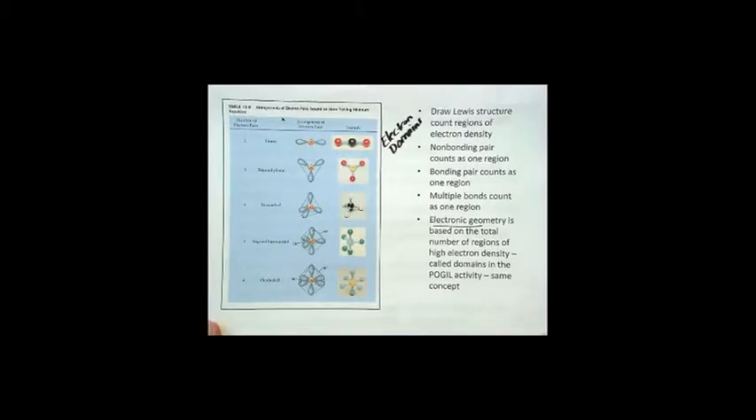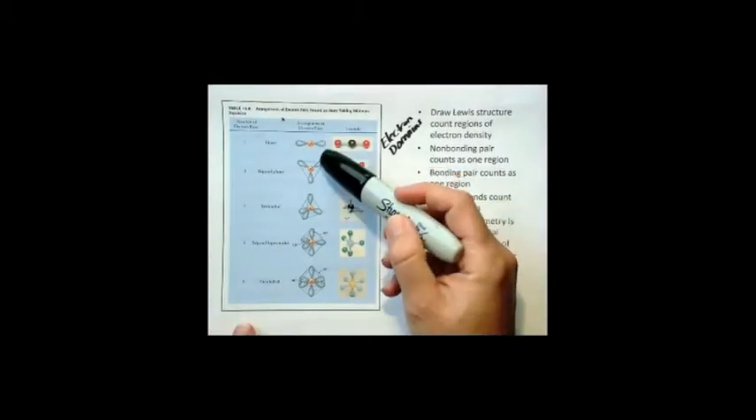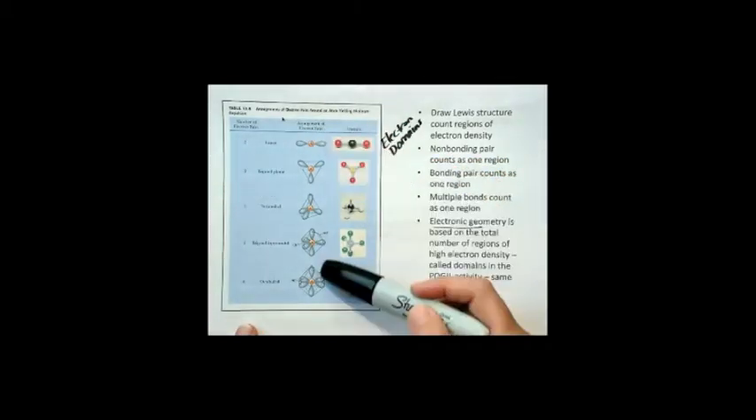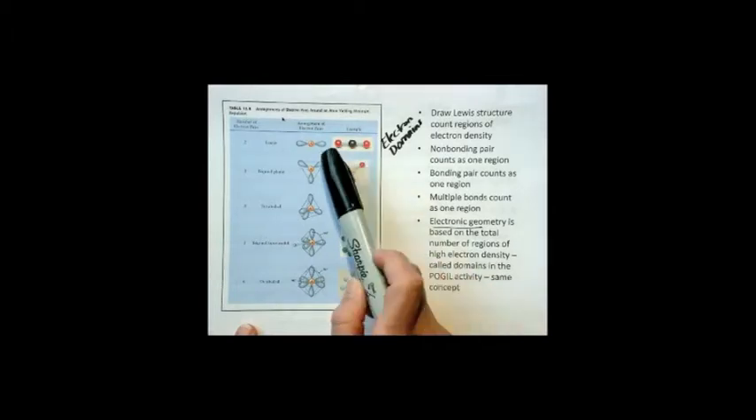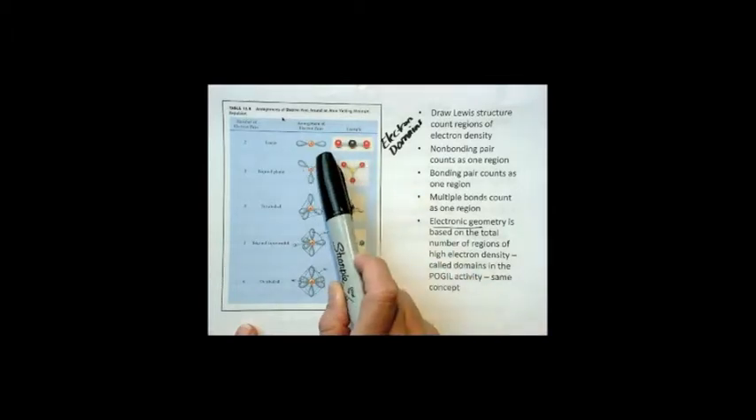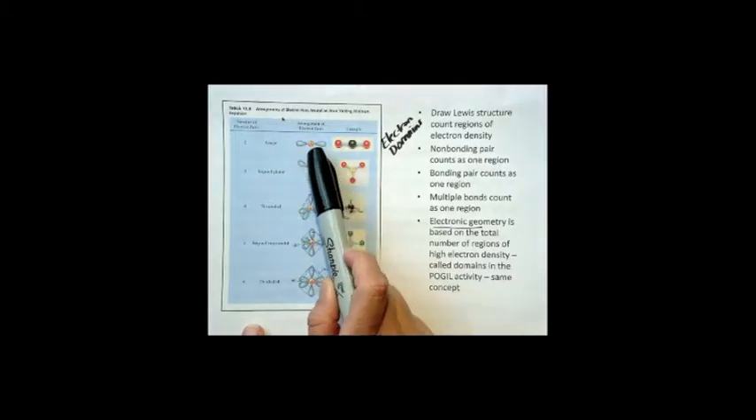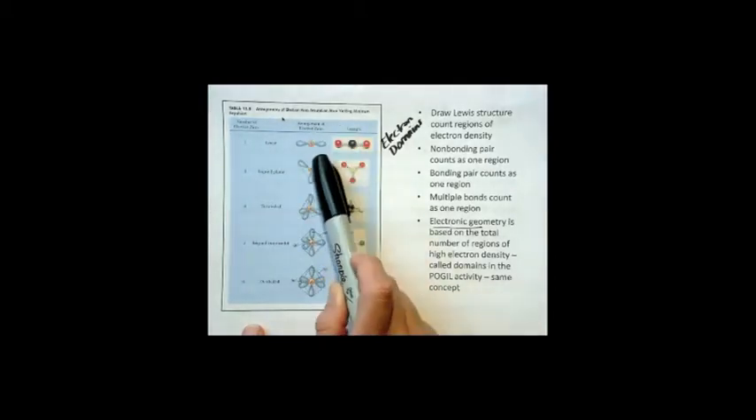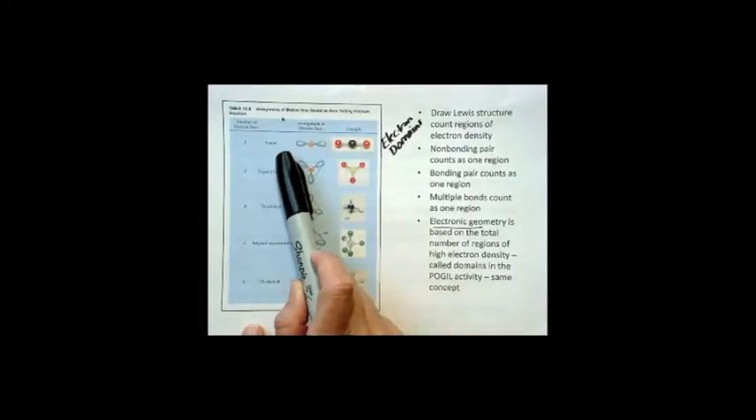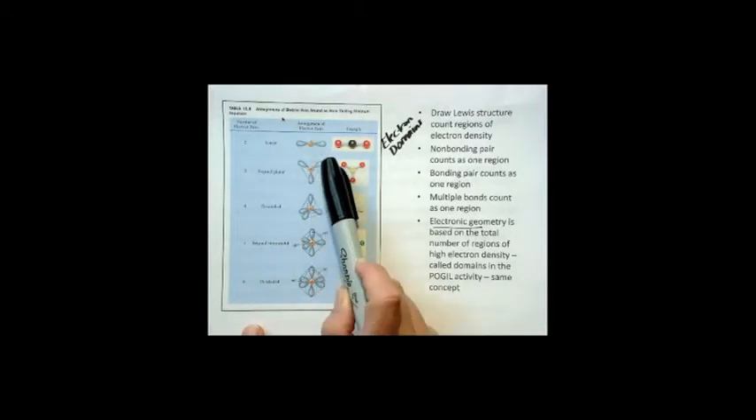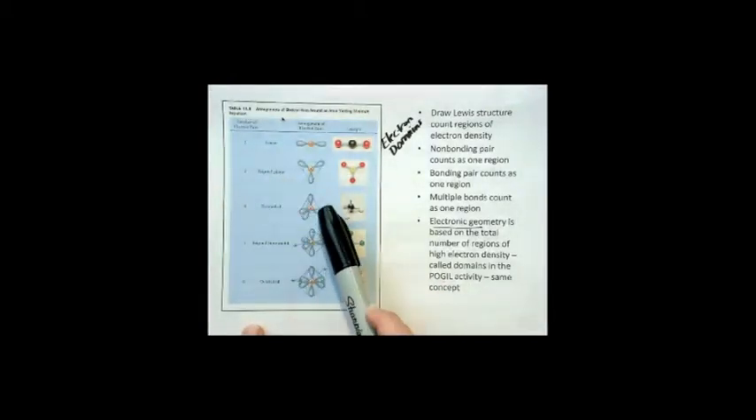called regions of high electron density in most other textbooks. All right, and there are basically 5 different electronic arrangements, or 5 different electron domains, that are possible. And in your POGIL activity, you should have seen these. In the situation where A is the central atom and you have 2 regions of electron density, or 2 electron domains, that geometry is going to be linear. They're going to be as far apart in space as possible. If you have 3, it's going to be trigonal planar. 4, it's